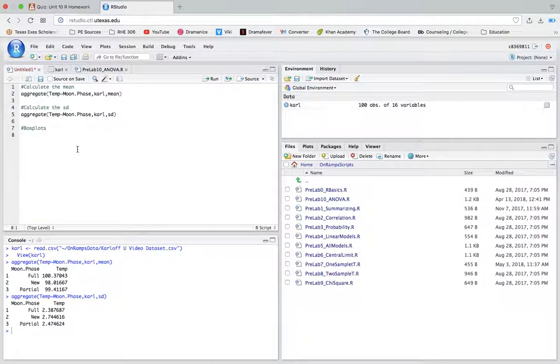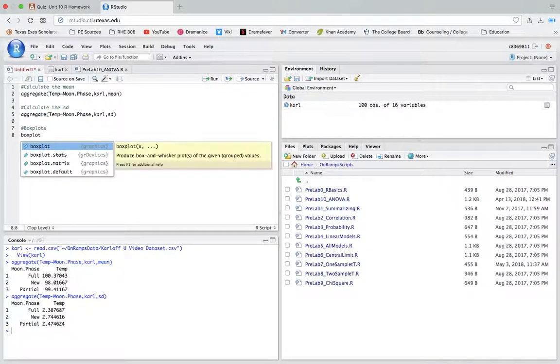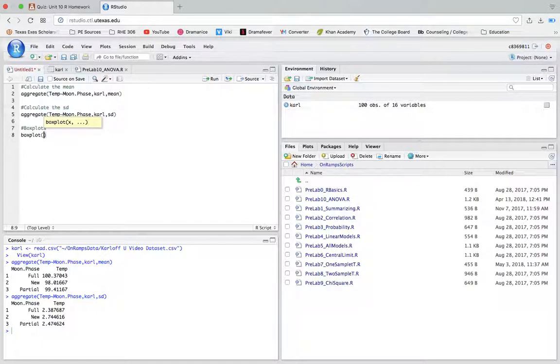As we're comparing more than one group or more than one population, we'll have more than one box and whiskers. To make this comparison easier, we'll need all the box and whiskers in one single plot. To do this, the code is similar to the aggregate code, but instead we'll be using the $ sign,